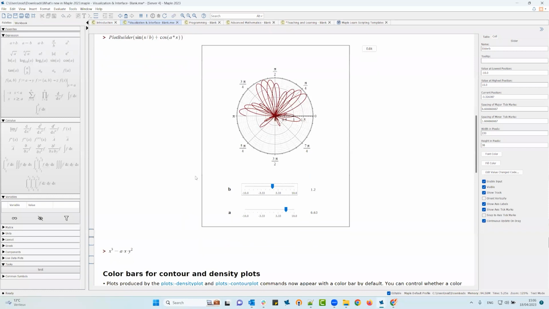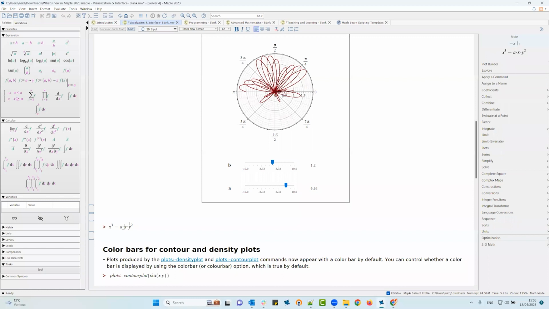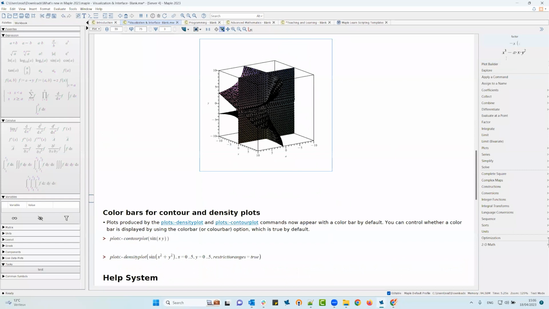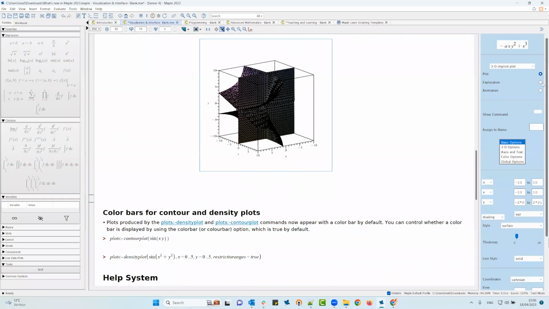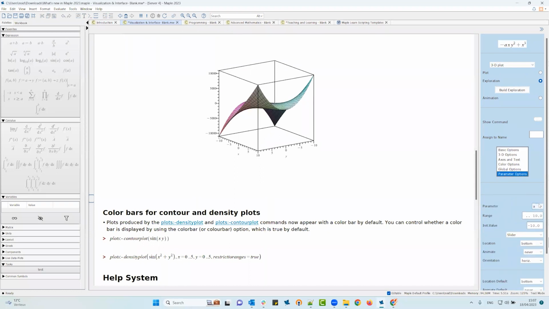So because some of you already asked me, you can also use this exploration feature with 3D plot. Here I have an expression with a free variable, and I only want to see the change in my plot depending on A. Same thing, I follow the same sequence, open the plot builder, use the exploration feature, make sure that I select my plot variable, my function variable. Then I can customize my value of A. I will keep it as it is, if you want to change the value, maybe,